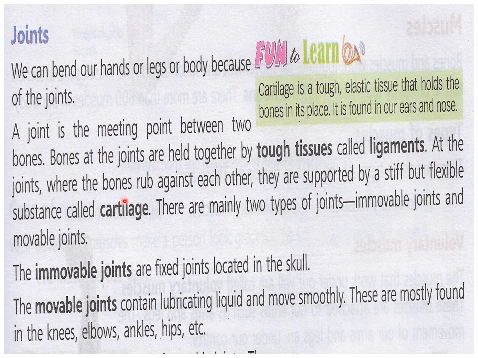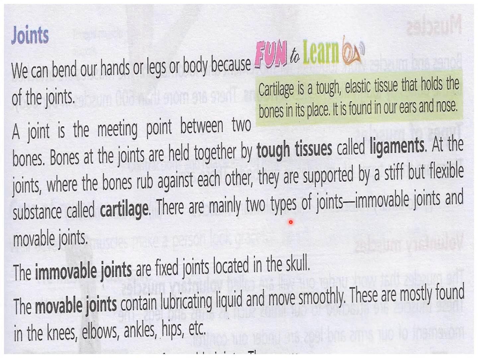At the joints where the bones rub against each other, they are supported by a stiff but flexible substance called cartilage. Now you can touch your ears and see these ears are so soft and they are easily foldable. You can fold your ears. So those outer ears are made of cartilage. So you can understand what kind of bone a cartilage is. It is stiff but flexible. You can fold your ears, so it is flexible also, but it is also stiff. So that kind of bone is called cartilage and that is attached to the bone so that when the bones rub each other when we walk, they do not damage the bones.